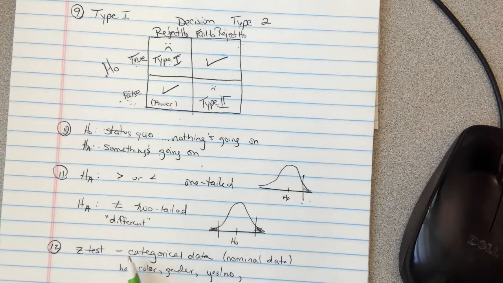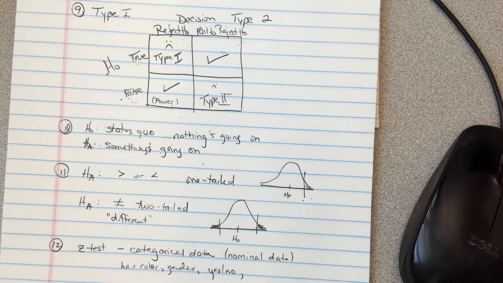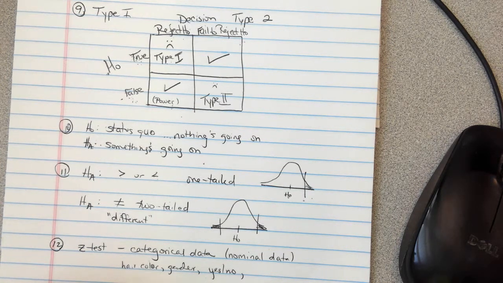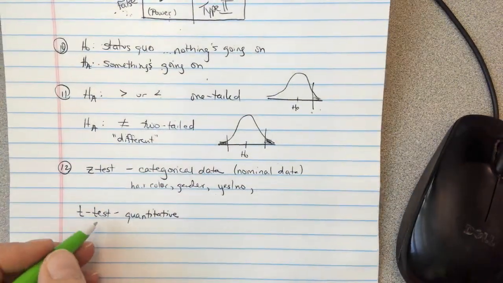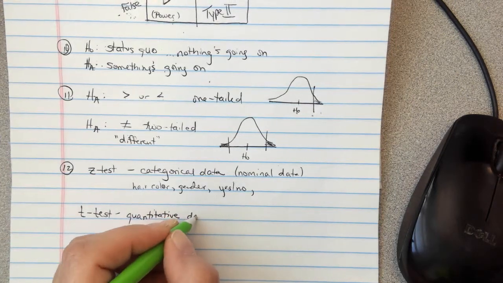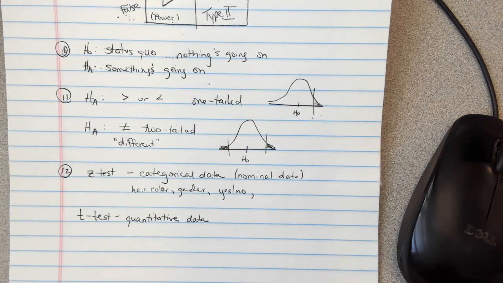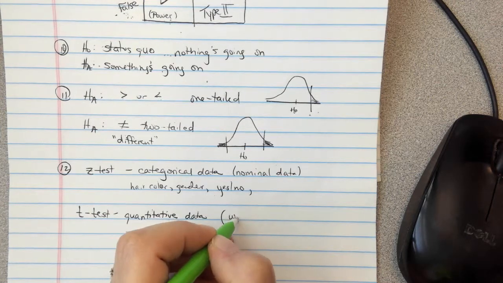Yes. So this is something that if you graphed the data, it would be like a circle graph or a bar graph. So you have categories, and you just count how much is in each category or the percentage in each category. A t-test you would run on quantitative data. T-test is quantitative data. You may call that something different. I don't know what you'll call it in your class. It may be something different, but this is anything with units.